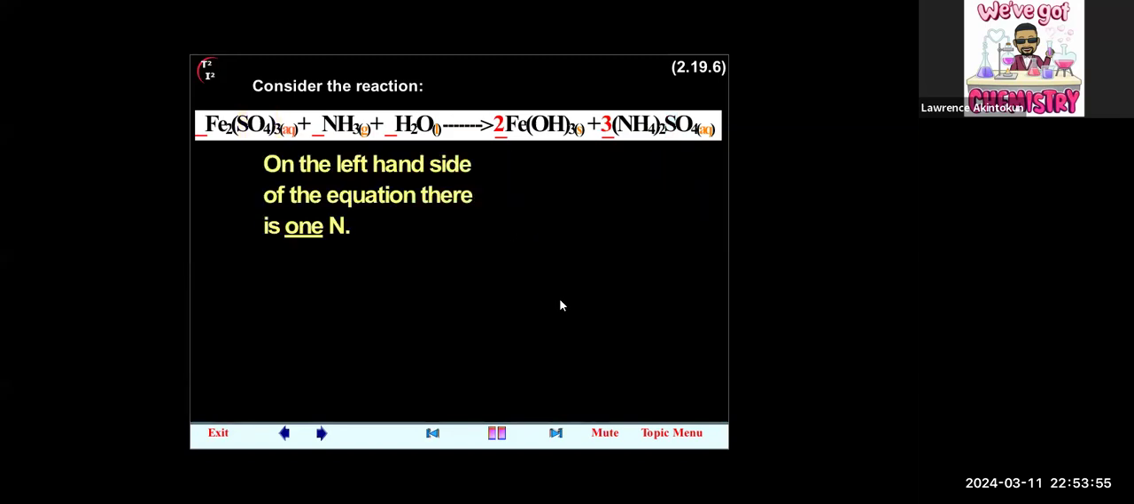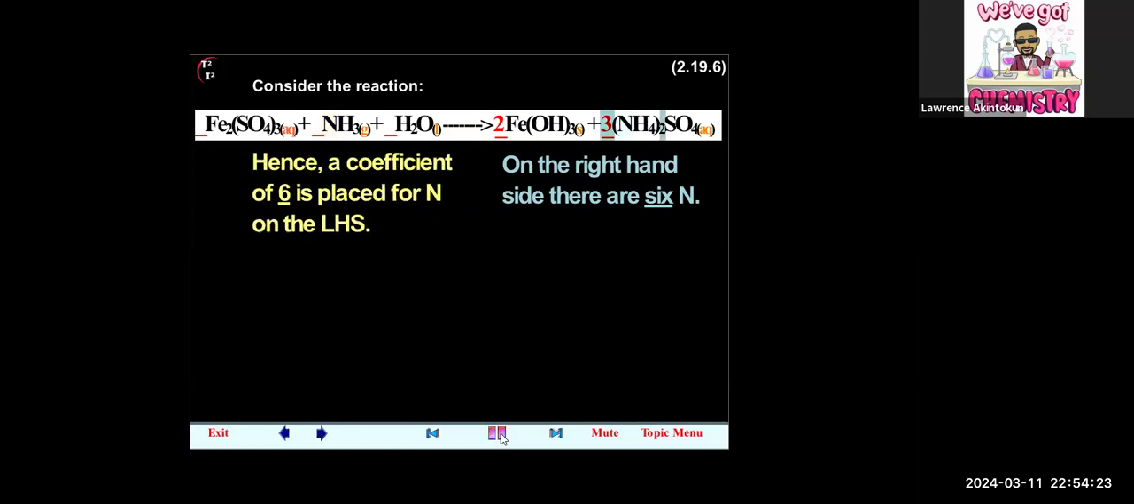On the left-hand side of the equation, there is 1 N. On the right-hand side, there are 6 N. So what next? How do you balance the nitrogen on both sides? If the left-hand side has 1 and the right-hand side has 6, hence, a coefficient of 6 is placed for N